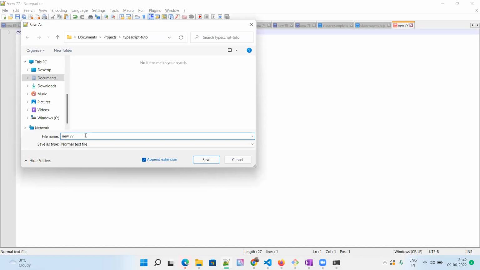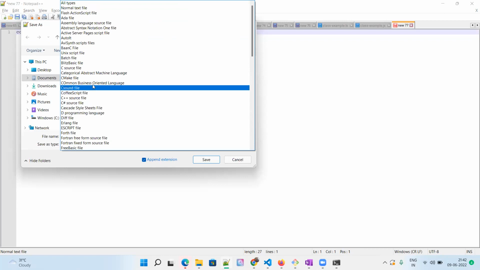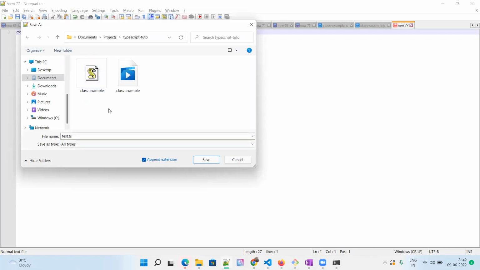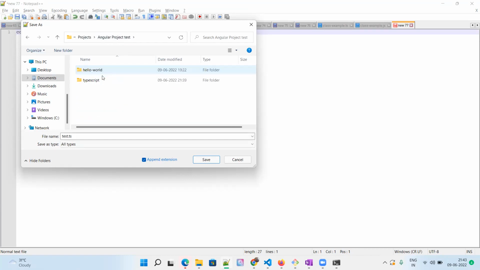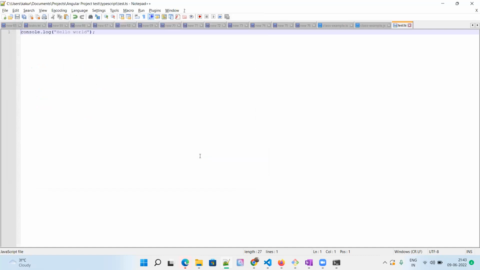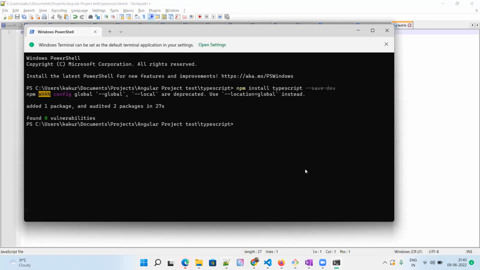And yeah, in here, let me save it as test.ts. TS stands for TypeScript. So all TypeScript files will have the extension TS. Okay, let me save it here, and then open the command prompt. Now, after we install TypeScript, we didn't verify whether it is installed or not. So type